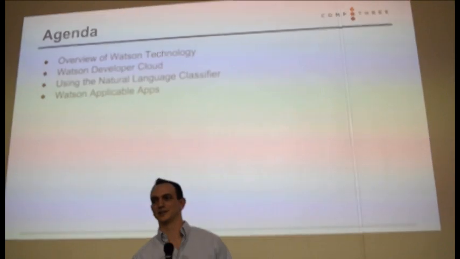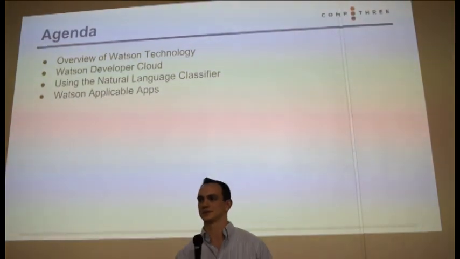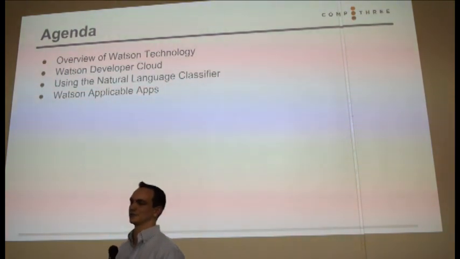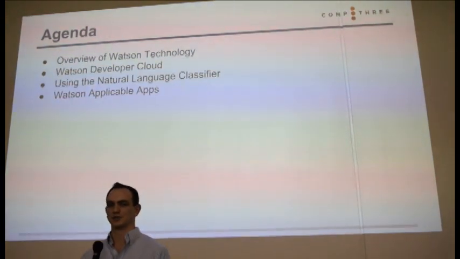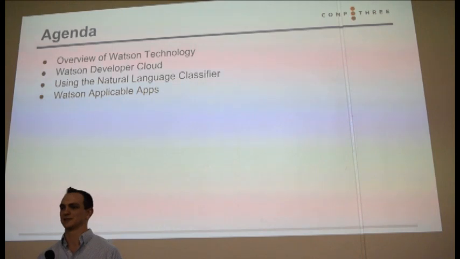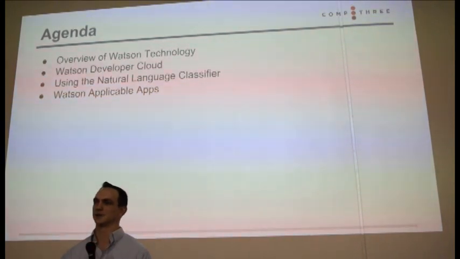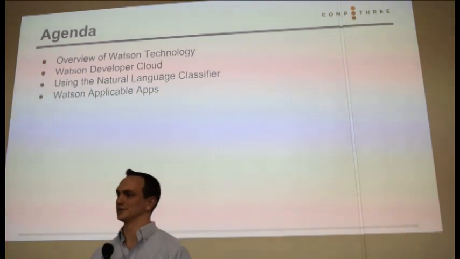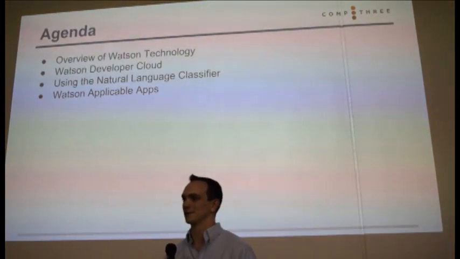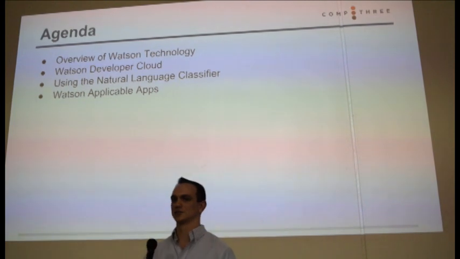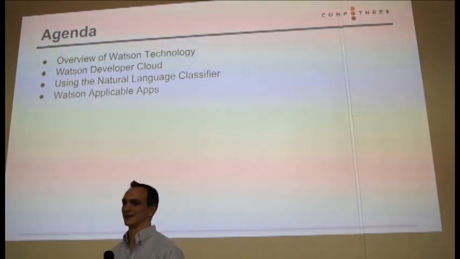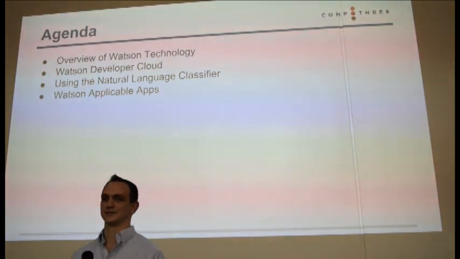Then we'll go specifically into the Watson Developer Cloud, which exposes those capabilities. Then we'll take a particular service, the natural language classifier, which you give a string and it classifies it into one of however many categories you provided. You can build your own, so that's the one service we're going to go into. And then finally I'll talk about which apps are best suited to work with Watson. Having a lot of data is one of those things you'd need to work with Watson.